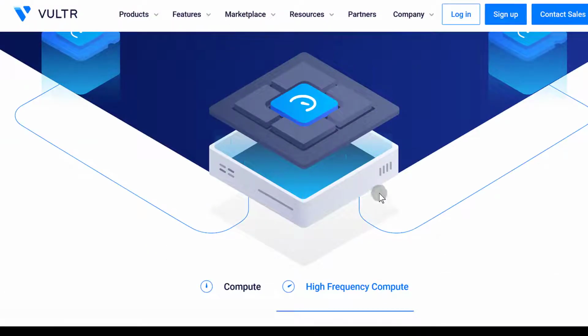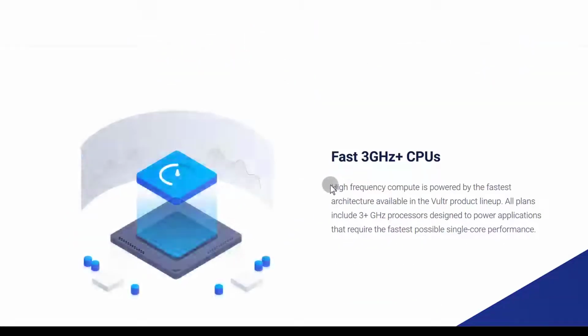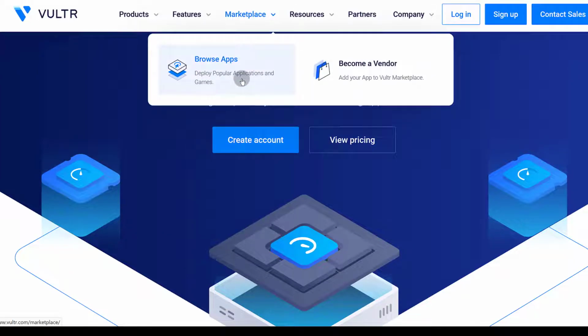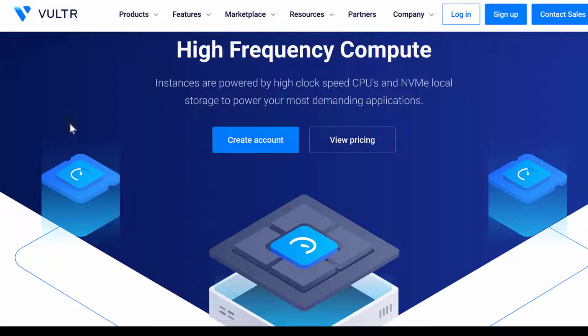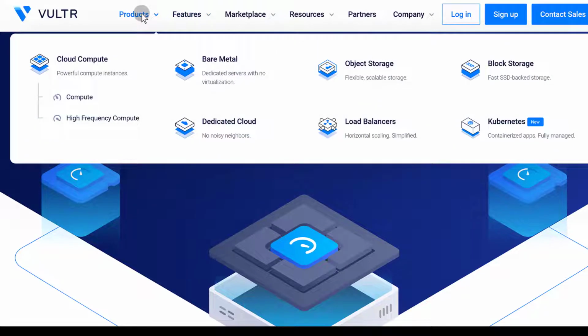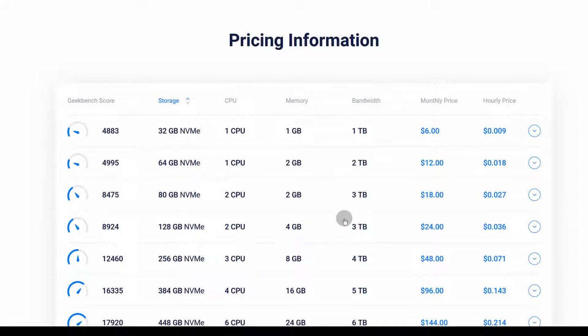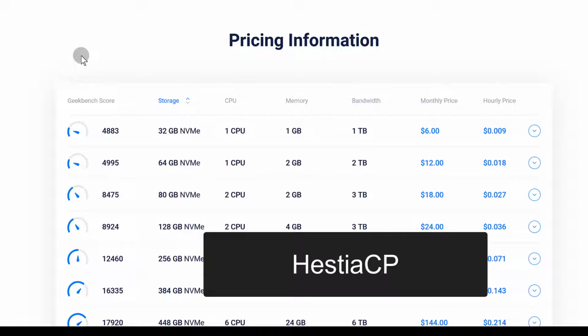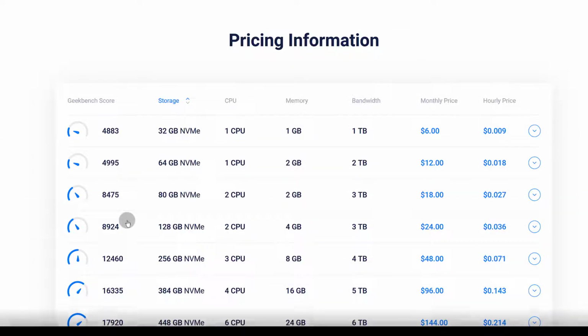If you come this side, I know these guys also have Cyberpanel, so you can install Cyberpanel and other applications, okay, like Plesk, cPanel, but it doesn't really matter. If you know how to install any control panel, just come here, choose a server, and then you can install whatever you want to install on it. And I do have a tutorial for anybody that wants to use Nginx and PHP FPM. You can use HTSCP. I do have a playlist about HTSCP. You can go and watch that and see how you can install HTSCP and run WordPress with Nginx and PHP FPM. That is for people that don't want to use Apache.